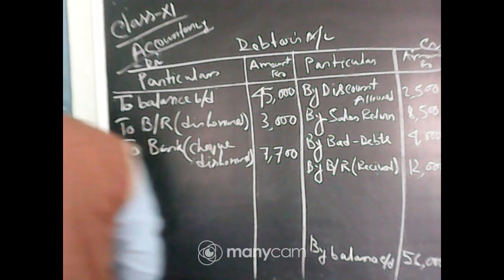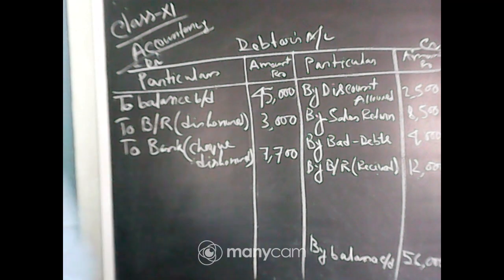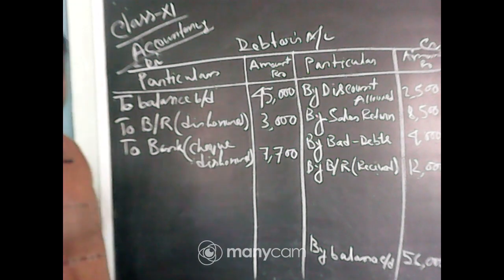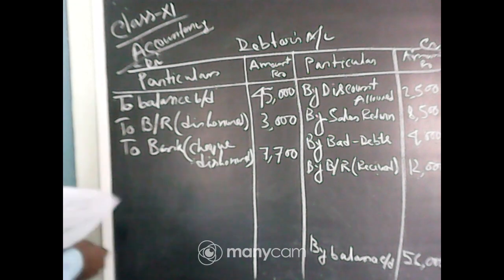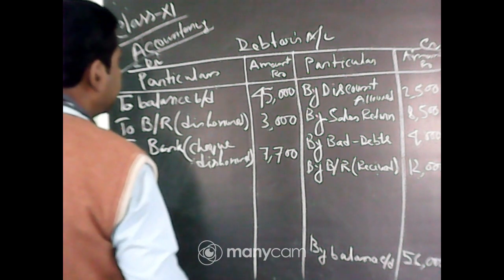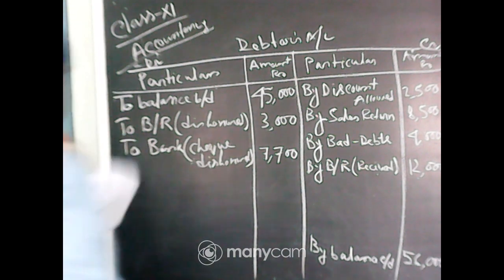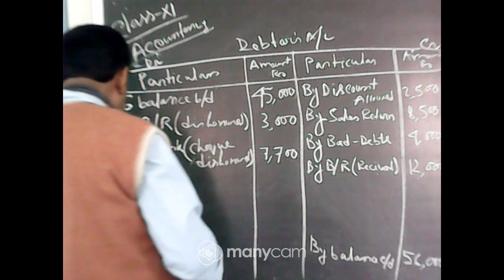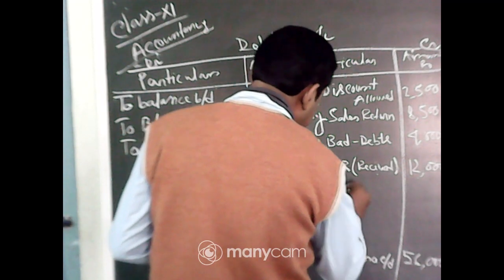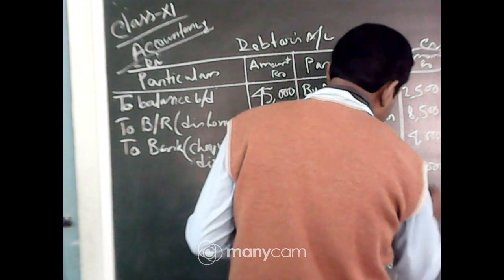Now cash sale. Cash sale 80,000. In the debtors account no cash sale will come, just as a cash purchase also does not come to the creditors account. Next is cash received from debtors. So received from debtors means debtors will be less and we receive the cash. So that is by cash account debit to debtors, by cash in the debtors account, that is 2,30,000.